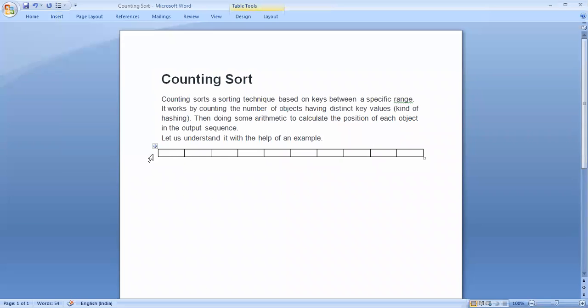Suppose one array is A, and we have an array of size 15 elements, which contains values in the range 0 to 9. Here n equals 15.